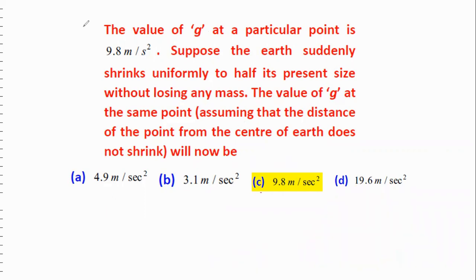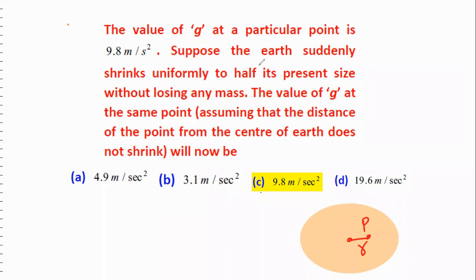So what is the condition here? Generally, we'd say that it decreases. But here, according to the given condition, the acceleration due to gravity at a particular point is 9.8 meters per second square. Let us suppose this is the Earth. At a particular point on the Earth, at a distance r from the center of the Earth, without disturbing that distance,